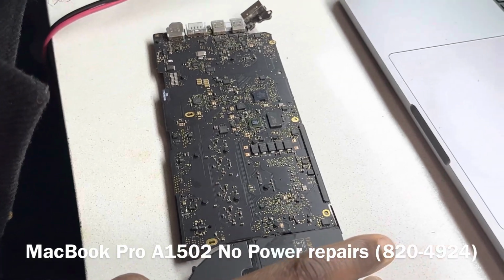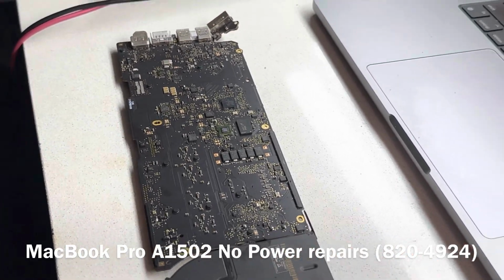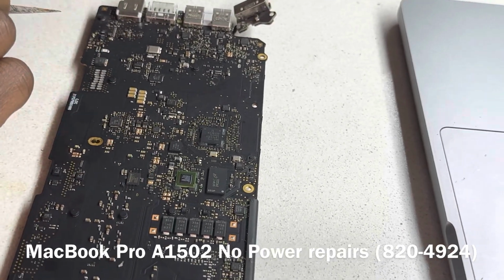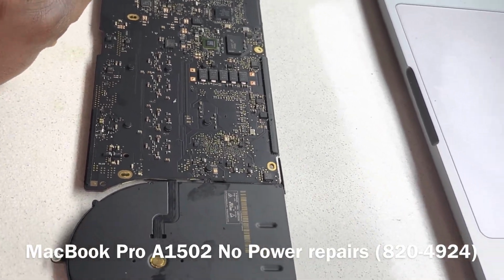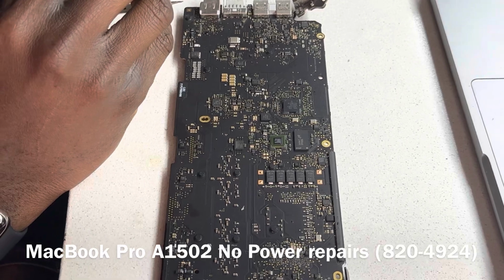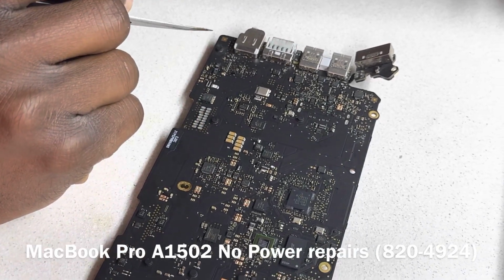The board is fairly clean. Let's see if anything stands out. We have a bit of liquid trace here. We will check what that is. Now,